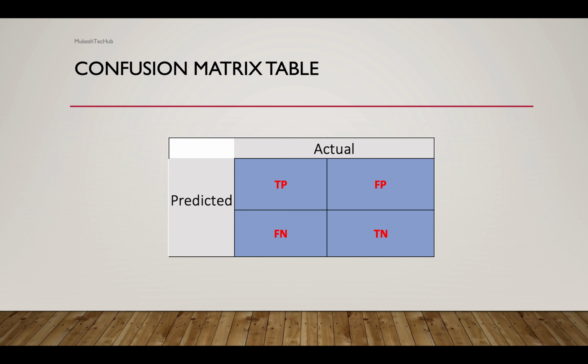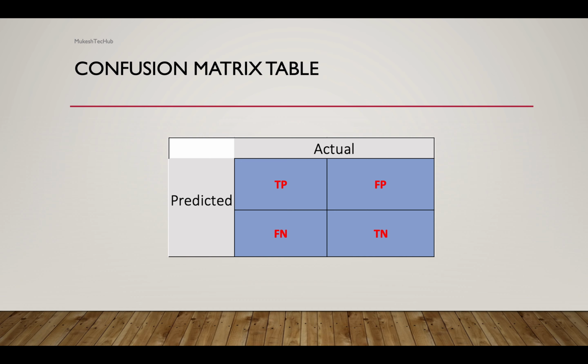Now let's move to the false negative case. False negative is also known as a type 2 error. Here the actual value was positive but the model predicted negative. So if Raja goes for the medical health checkup and he has some serious disease, but according to the model prediction, he gets the report as negative, that he is not having any disease. So this is about the confusion matrix, guys.